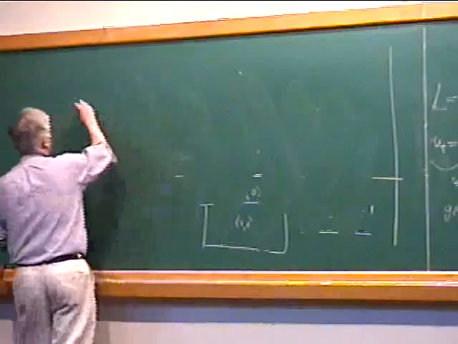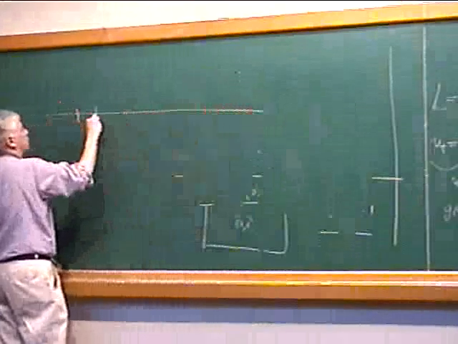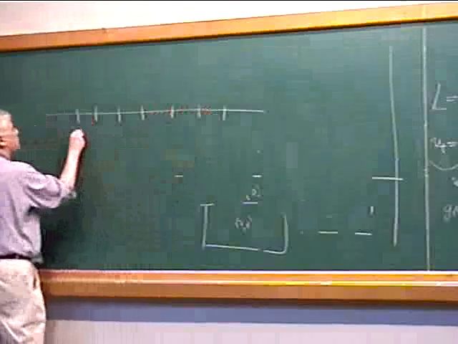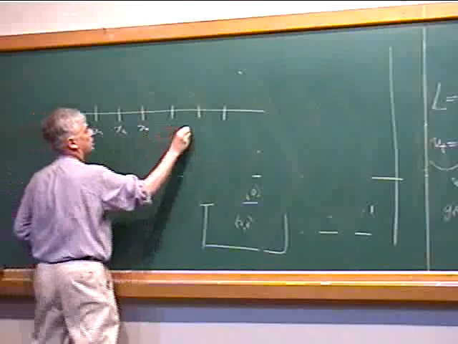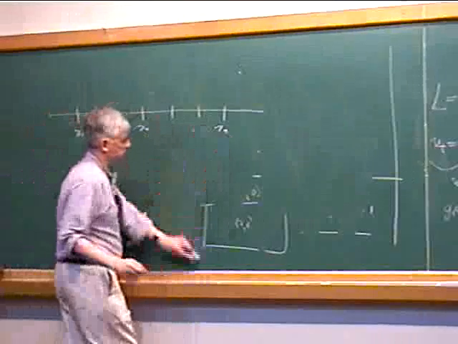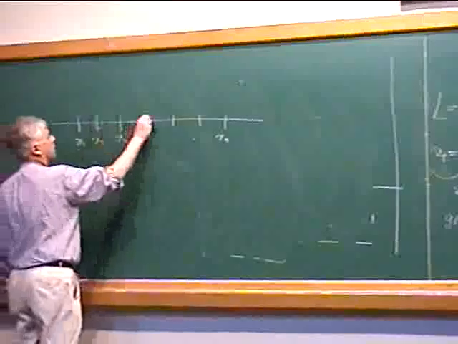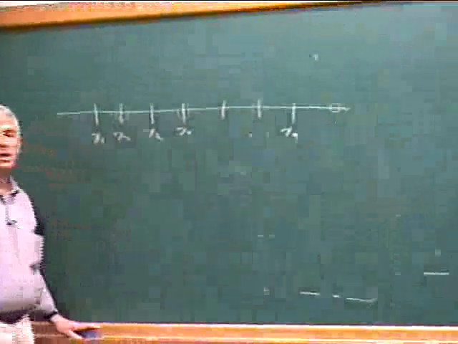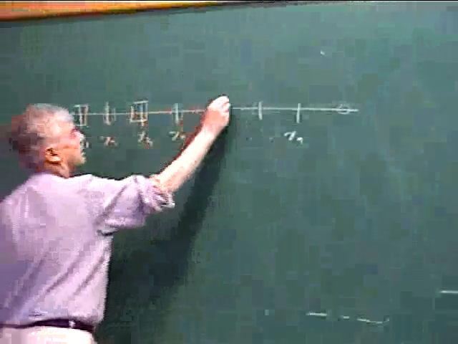Let me take a simple situation. Suppose I have a line, and on the line I have a collection of variables x1, x2, x3, x4, up to xn. And suppose I'd like to get rid of this one, this one, this one, and this one, and I'd like to keep this one, this one, this one,